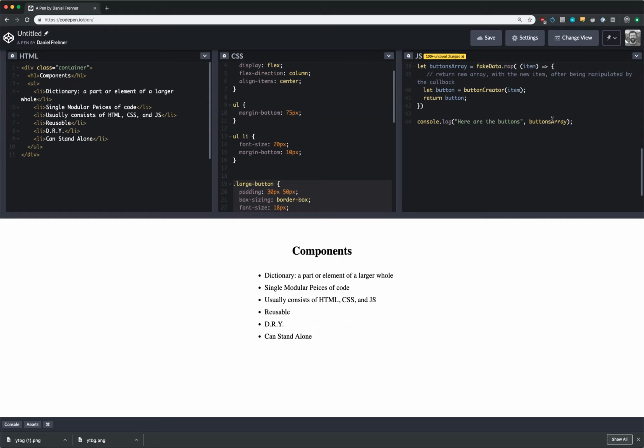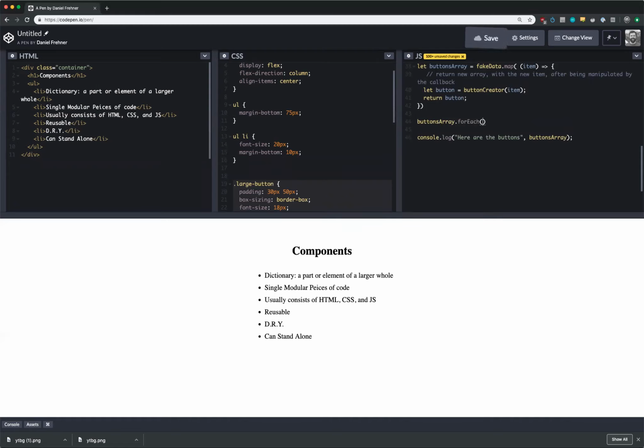Now, this is a little bit more complicated, but it comes in handy a lot more than the forEach method. Right now, you're just learning about creating components and putting them on the screen. But soon enough, you're going to be creating components, manipulating them further, doing something based on user interaction, etc. And it's good to have those components in an array. But for now, let's just take that buttons array,